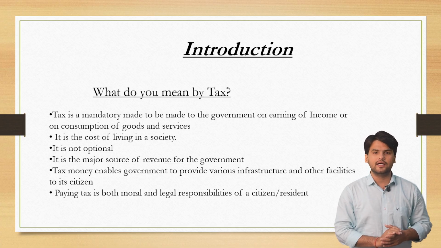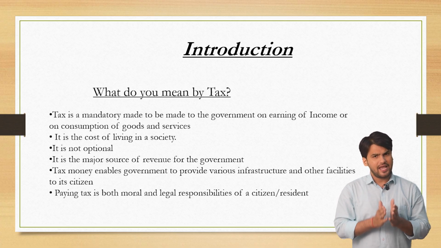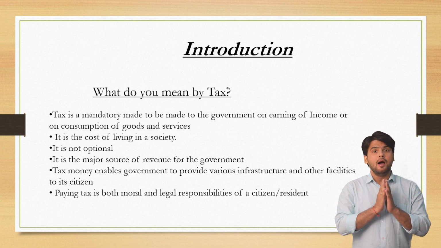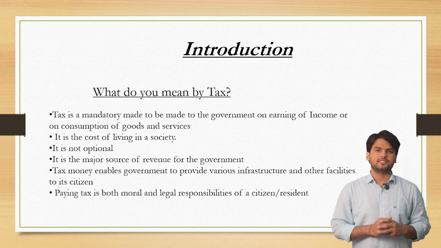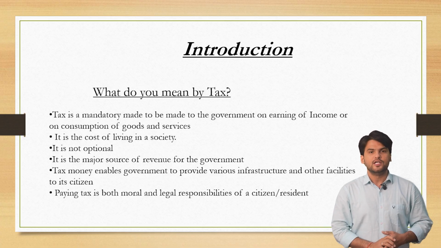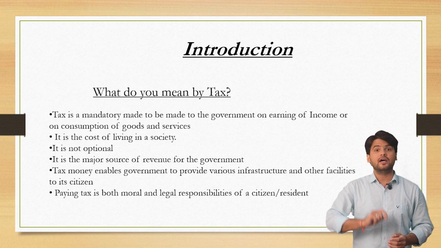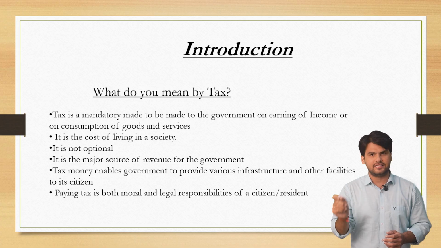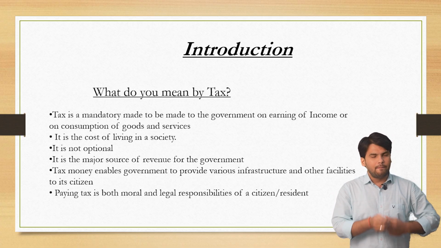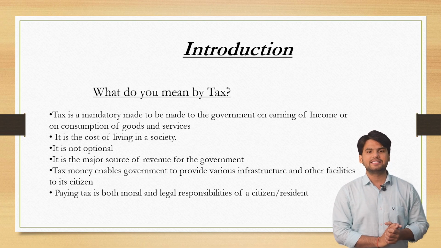And indirect tax, on the other hand, is a regressive form of taxation. Why is it called regressive? Because, for example, GST: if a particular product has a GST rate of 18%, no matter which person buys that product, the GST rate is going to be 18%. So even if a middle class or a below middle class person buys that product, he is still going to pay 18% GST, and even if the richest person buys that same product or service, that person also has to pay 18% GST. So basically the burden of indirect tax falls more on the poor person, and that is what makes it regressive in nature.